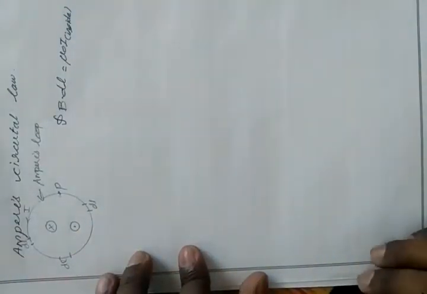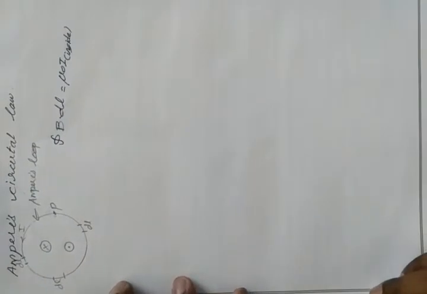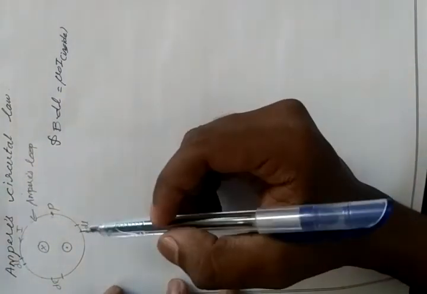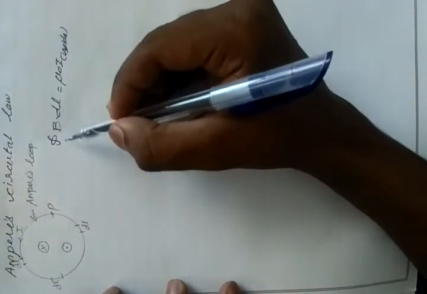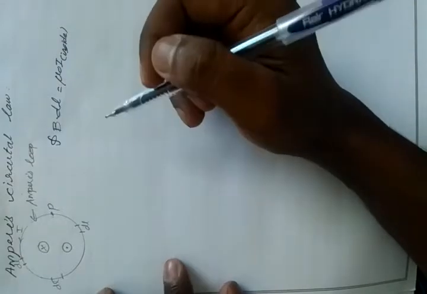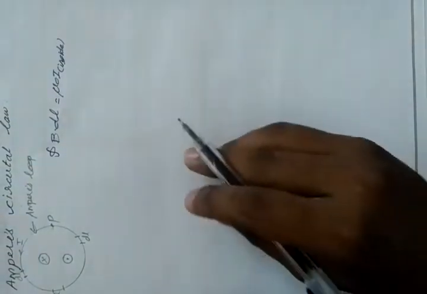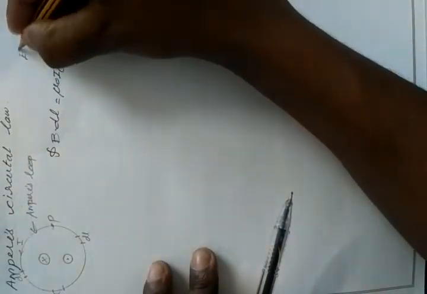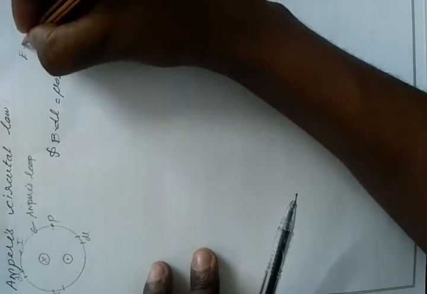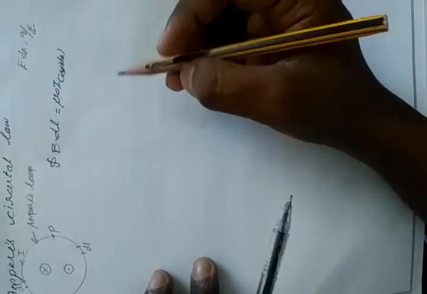Okay, so this is the formula to find the magnetic field due to a current carrying wire, right? This is Ampere's circuital law, B dot dl equal to mu naught I inside. It is very similar to Gauss's law. In Gauss's law we study E dot dA equal to Q by epsilon naught.